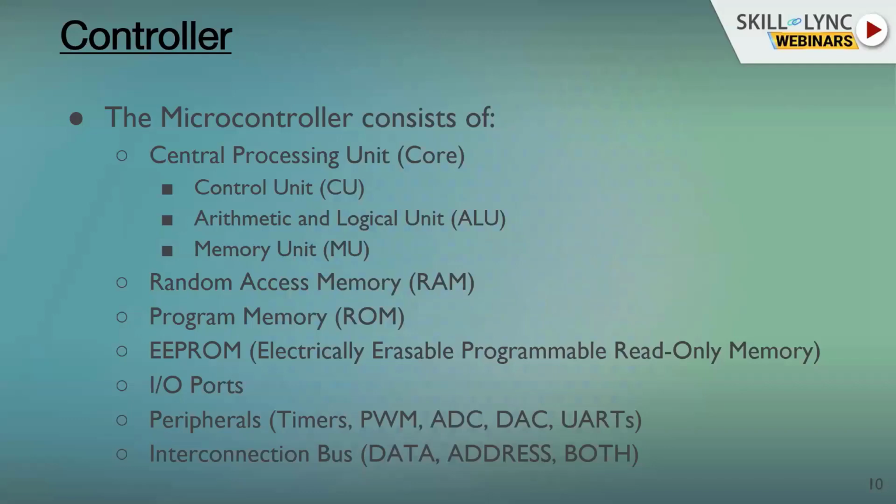So there is a digital IO port that you have on these microcontrollers. It's generally called GPIO. It is a general purpose input output port. Then you also have peripherals such as timers, pulse width modulation circuits, analog to digital converters, digital to analog converters, universal asynchronous receive transmit circuits. All of these are called peripherals, and they're essentially connected to the main CPU core through some kind of interconnection bus, which is the last one that I have mentioned.